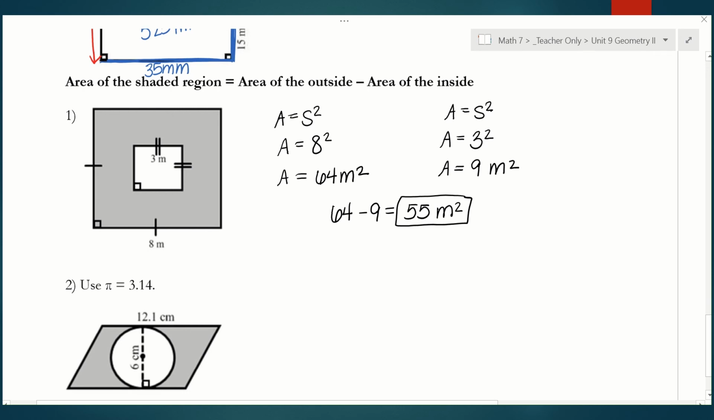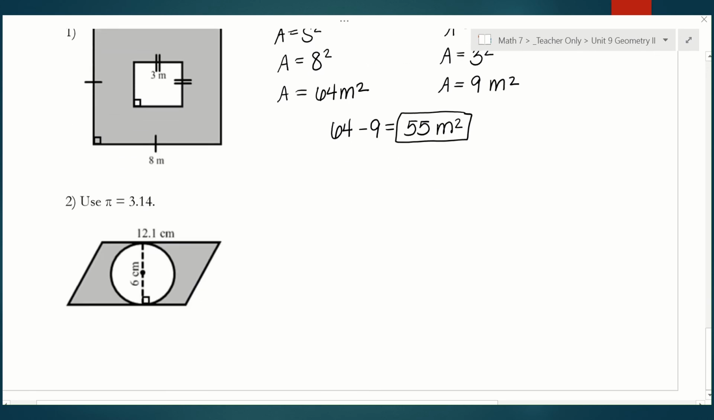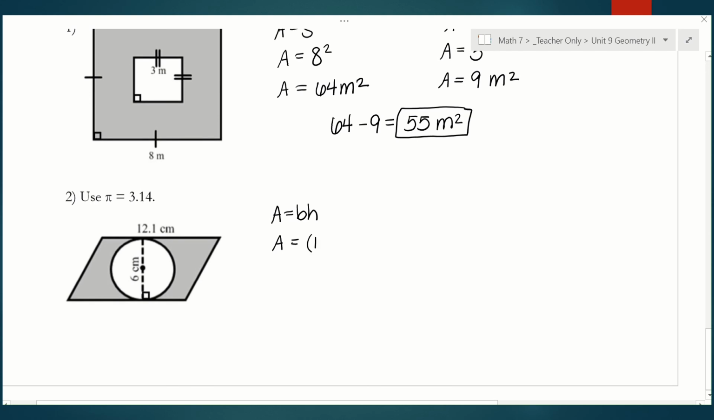Okay? All right, last one here. Again, I'm taking this parallelogram and I'm cutting out a circle in the middle of it. Okay, so what we have to find first is the area of the parallelogram. And to find the area of a parallelogram, we do base times height. So the base of the parallelogram is 12.1, and the height of the parallelogram just happens to be the same as the diameter of that circle, so times 6. And that's going to give me 72.6